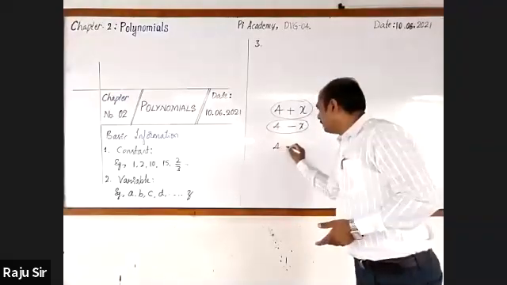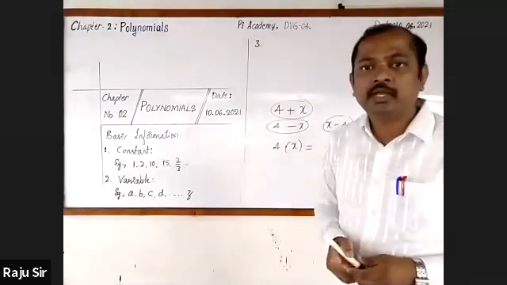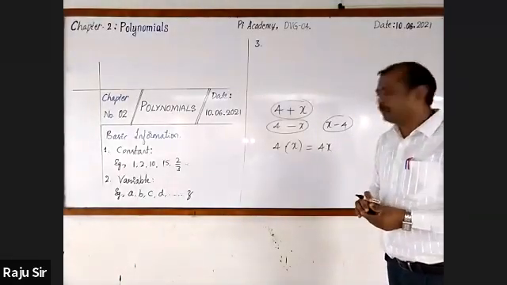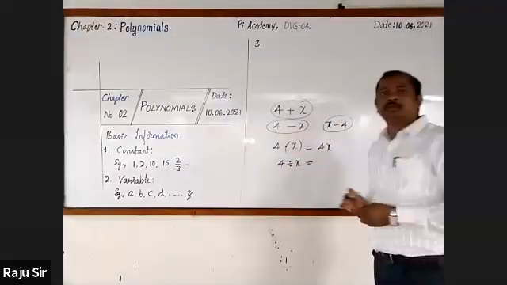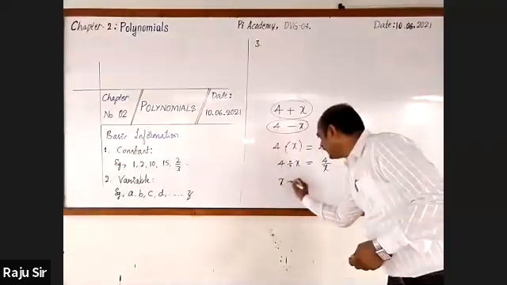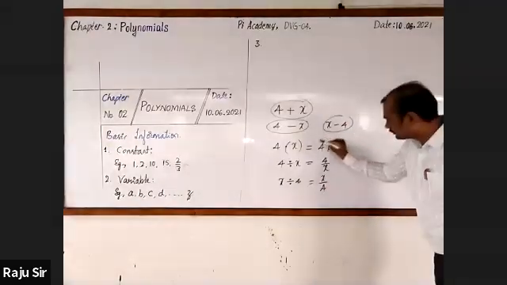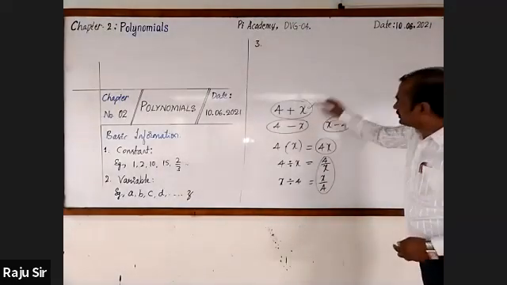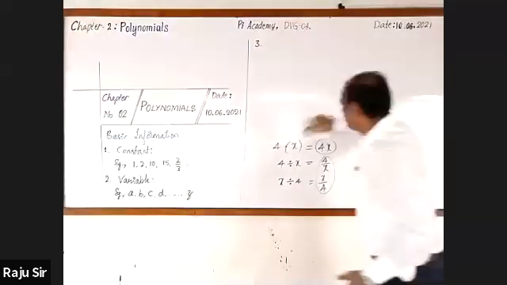Next, now I'll multiply 4 and X. 4 into X. Very good, it will be 4X. The product will be 4X. And if I divide 4 by X, it can be written as 4 by X. Even if I divide X by 4, it will be X by 4. Okay. Here we have the product. These two are quotients. And this is the sum. These two are differences. Now I consider only the product